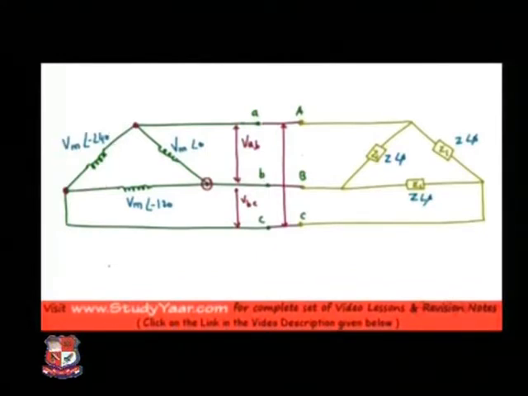Okay, so I have got my line voltages. Now let's look at what is phase voltage. Your phase voltage is the voltage across this element. The voltage across this element is simply the voltage across this point and this point, which is the same as this voltage. So in a delta connection, your line voltage is the same as your phase voltage.